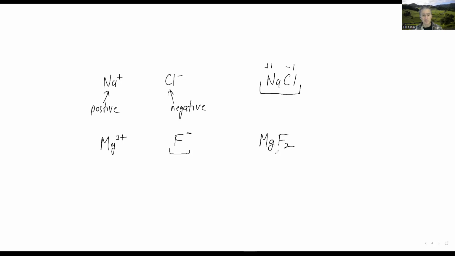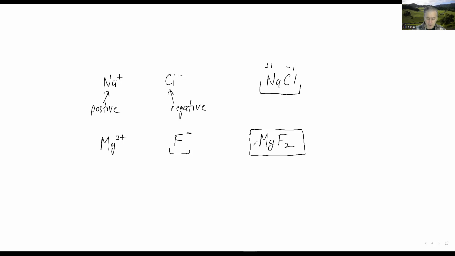And keep in mind, there isn't such thing as an MgF2 molecule. These things exist as crystals, as shown in the book, where there's a huge crystal lattice with interlaced ions, and it's all a huge lattice. And so you don't have just one molecule sitting there. It's a crystal full of those things. And the important thing to remember about formulas for ionic compounds is that the charges always have to balance,